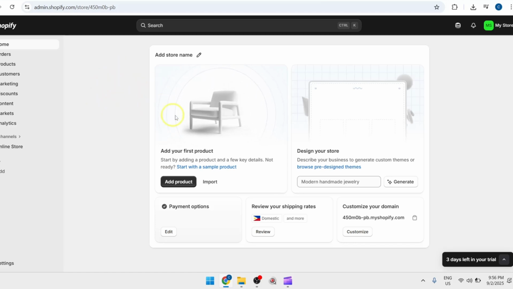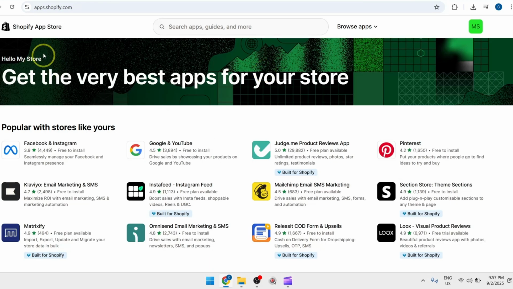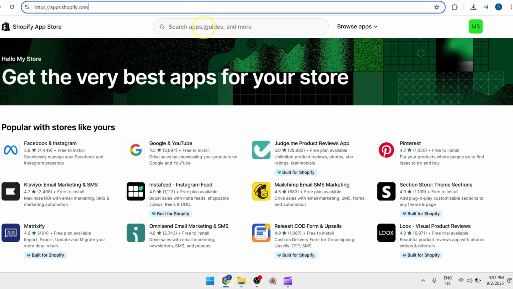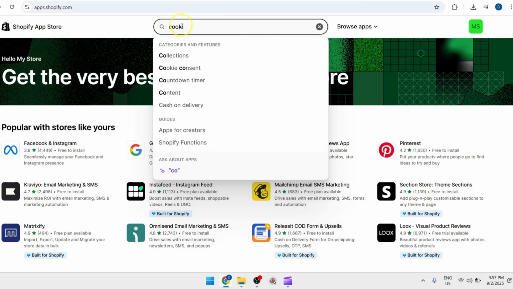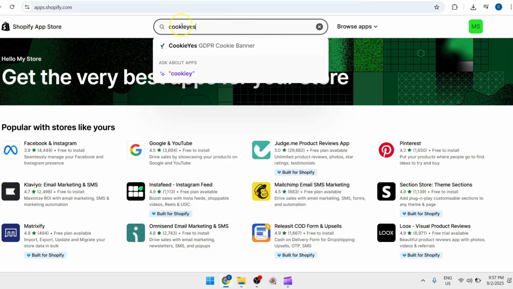So, for today's video, I'm going to teach you how to add cookie consent to Shopify. First, you may want to head over to admin.shopify.com and, of course, make sure that you're logged into your account. Next, in a new tab, head over to apps.shopify.com and in the search bar, type in cookie yes, then